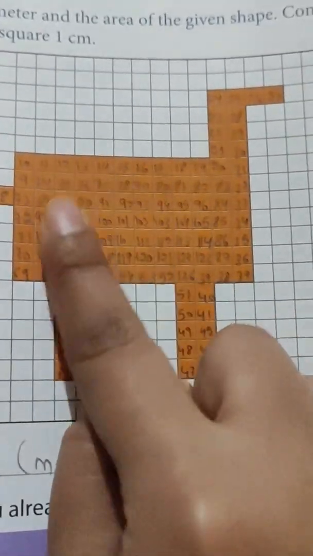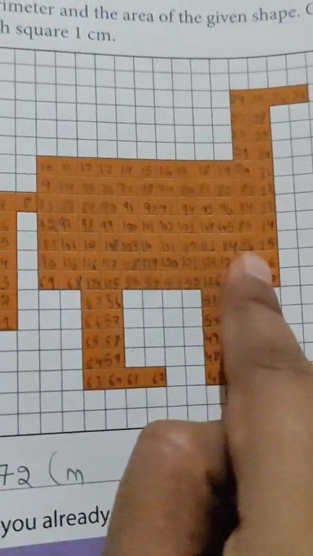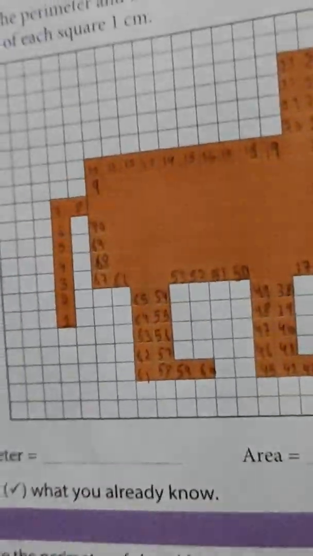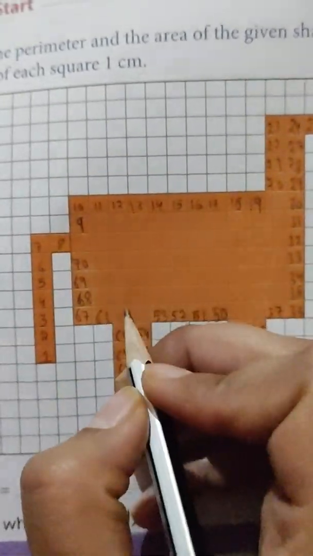So this will be when you fill the inside of the figure. You will write the numbers from inside, so you will get the area of this figure. Okay, so when you fill the inside of this figure, you will get the area of this figure. Okay, so as you can see here, I have rubbed all these inside numbers, so it will be more clear to you. When you find out the perimeter of these numbers, you have to fill like this.